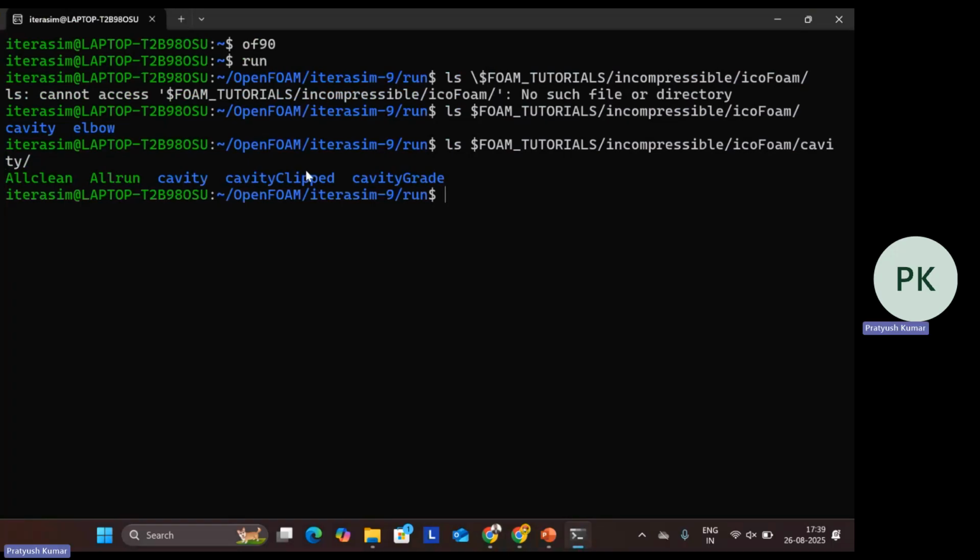Some of the examples we are going to see today. In these cases only the meshing is different. All have taken the cavity case, but the meshing is different, and we are going to see this example to understand the meshing today. Now if I go further inside the cavity,